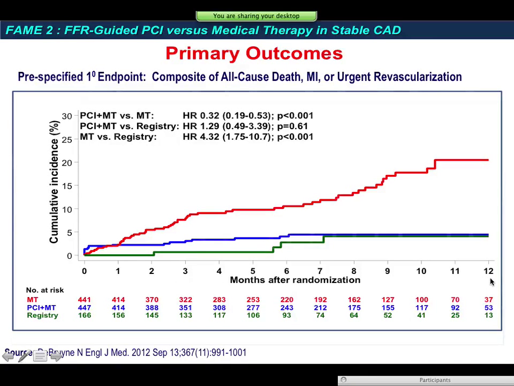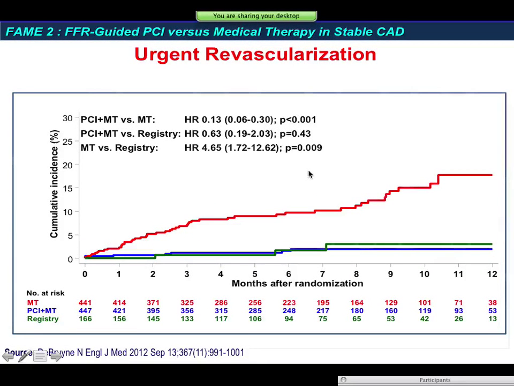But you can actually see in this trial, if you look at the medical therapy arm in red, and you look at the hazard ratio, everybody in this room knows that the hazard ratio to look at the overall risk with PCI plus medical therapy, it's reduced by 68%, or 1 minus that hazard ratio. You can see that this risk is decidedly lower in the composite endpoint of all-cause death, myocardial infarction, or urgent revascularization. You say, well, what relevance does that have to the COURAGE and BARI 2D trial? The only endpoint of those three that was actually significant was urgent revascularization as a result of acute coronary syndromes,